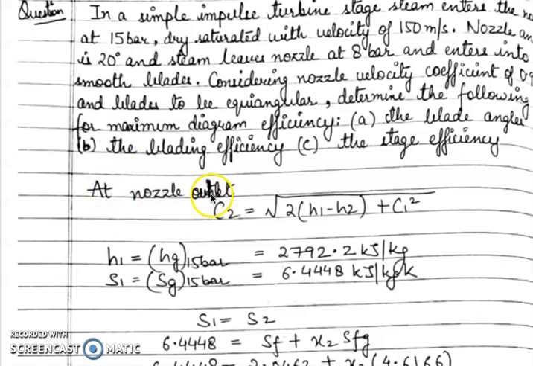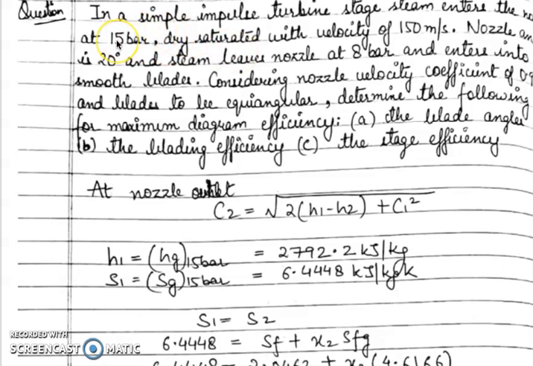So for that we have to get back and find the formula for C2, which is the velocity at exit of the nozzle. When we do not neglect the velocity at inlet of the nozzle, C1, it will be in the formula also. In many of the questions we have neglected this as it was not given, but in this question it is given, so we will be considering this. Now this 2 (H1 minus H2) is the enthalpy drop in the nozzle, which we will calculate by having H1 and H2 using the pressures and the condition of steam.